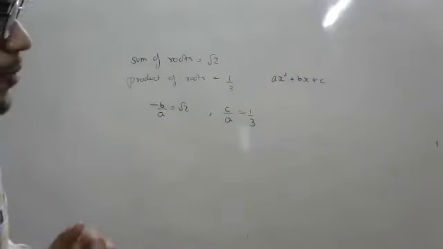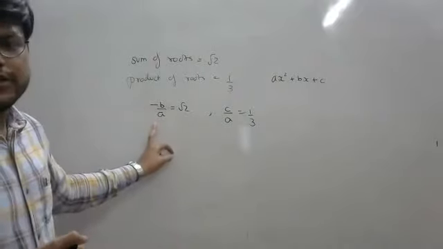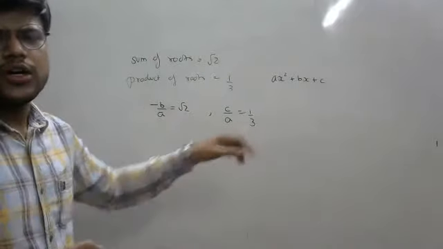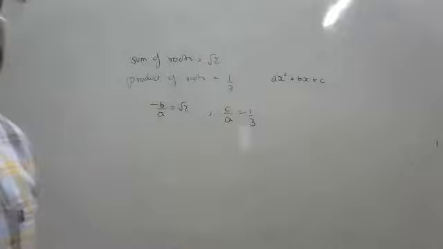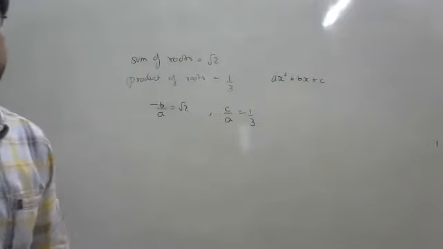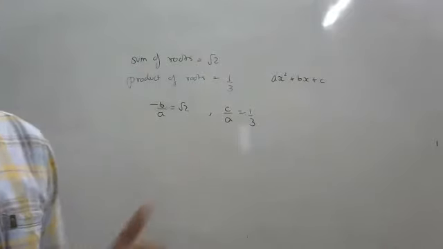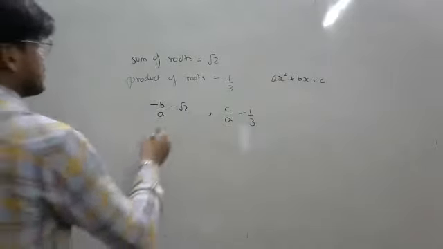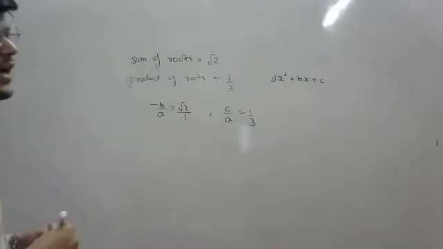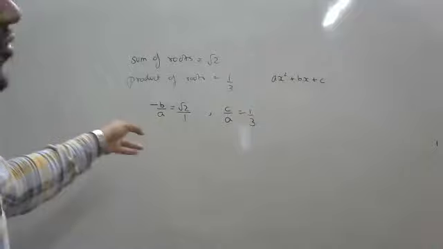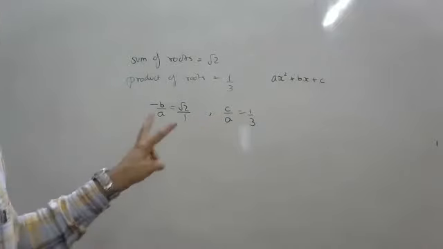Now, those who have not understood, please pay attention. What you have to do is compare value of a in both given equations, because only a is common. Here, if denominator is missing, that means you have 1. So value of a is 1 and value of a is 3.